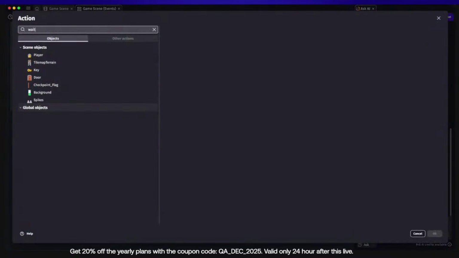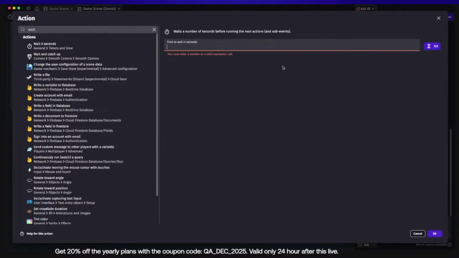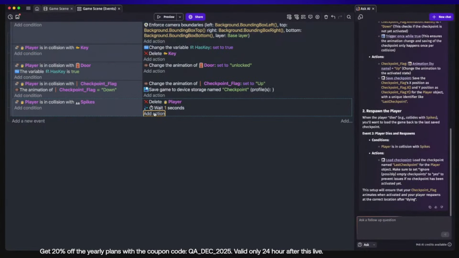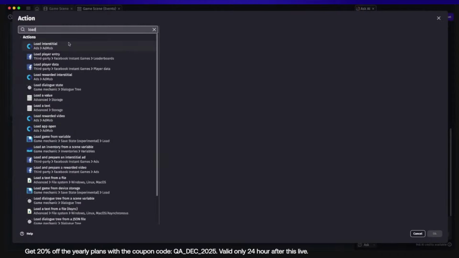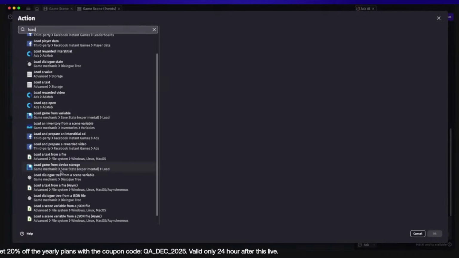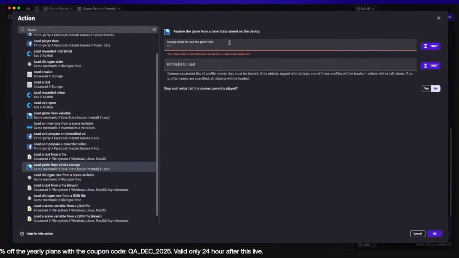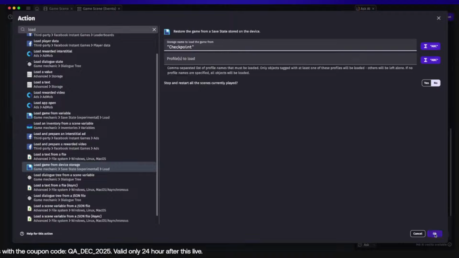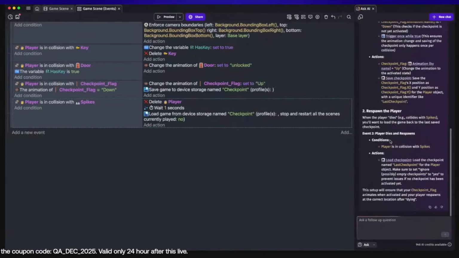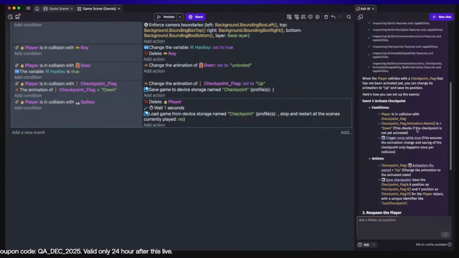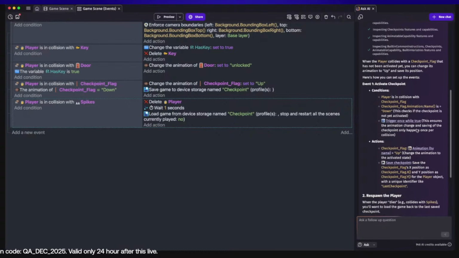We can then wait for let's say 1 second, and then we can load the full game from the device storage. So that's the load action, which is the equivalent of the save action, but for loading, and we have to enter the same storage name, so checkpoint. And that should work. In the meantime, you've seen that the AI has been telling me that when the player